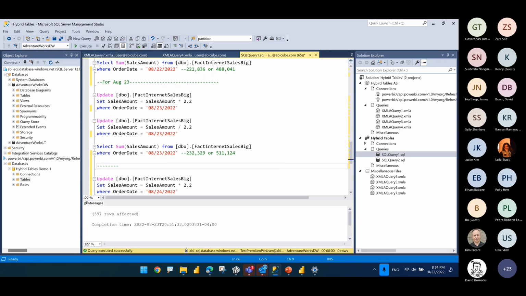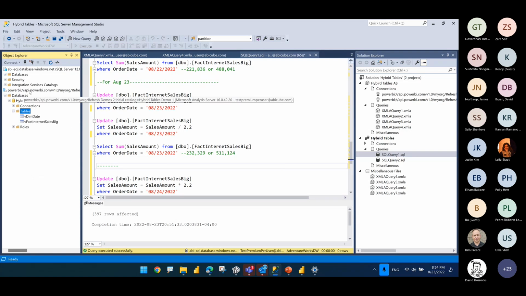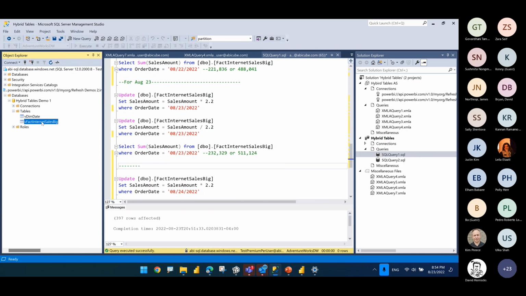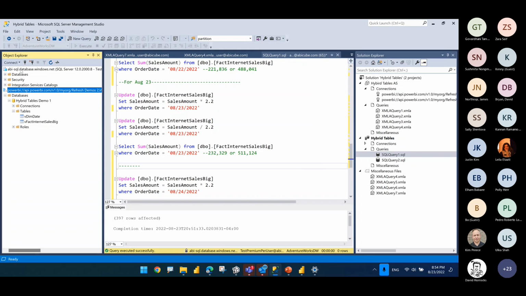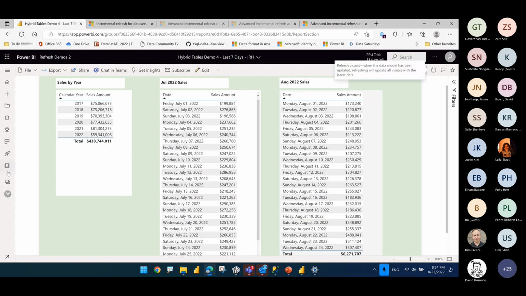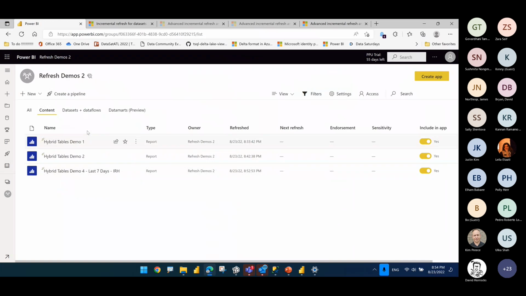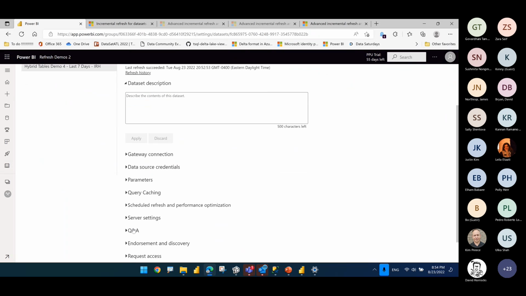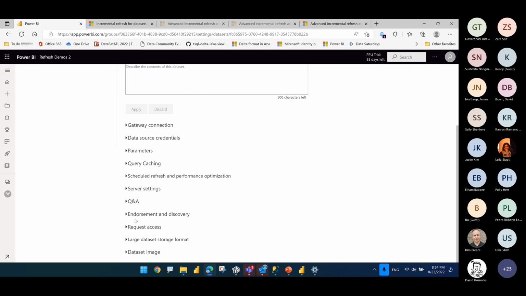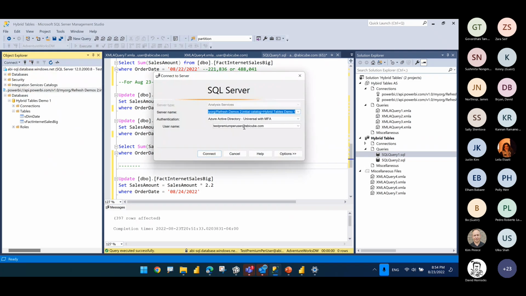What you can do is connect to your Power BI dataset from SQL Server Management Studio. You can find your table, and let me actually connect to the other one. Let me actually get the connection string for this one, and then we'll come back to it. From Management Studio, you have to have the individual connection string. Server settings, copy. Let's go back here, connect analysis services.